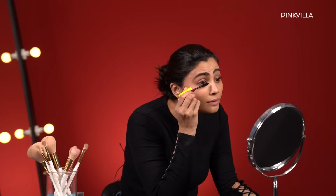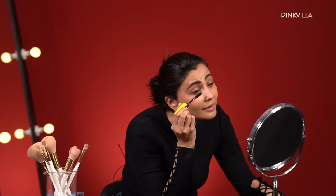Honestly, the only makeup that my mom always had was lipstick and a compact. And there's no way that I could steal either of that. So my mom, I had this obsession, like I remember, okay, I'm going to tell you one thing. एक किस्सा मेरे life का, school के time पे. So I had this thing where,